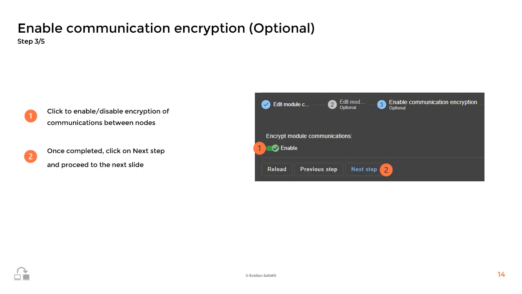Let's move on to the encryption step. It is preferable to keep the encryption of module communications enabled, such as heartbeats and replication, to ensure secure communication between nodes. Click on Next Step at the bottom of the window to continue the configuration. Note that if the module's encryption key is not identical on all nodes, internal communication will be impossible. To generate new encryption keys, first disable encryption and apply the configuration to all nodes. Then, re-enable encryption and apply the configuration again to ensure all nodes have the same encryption key.